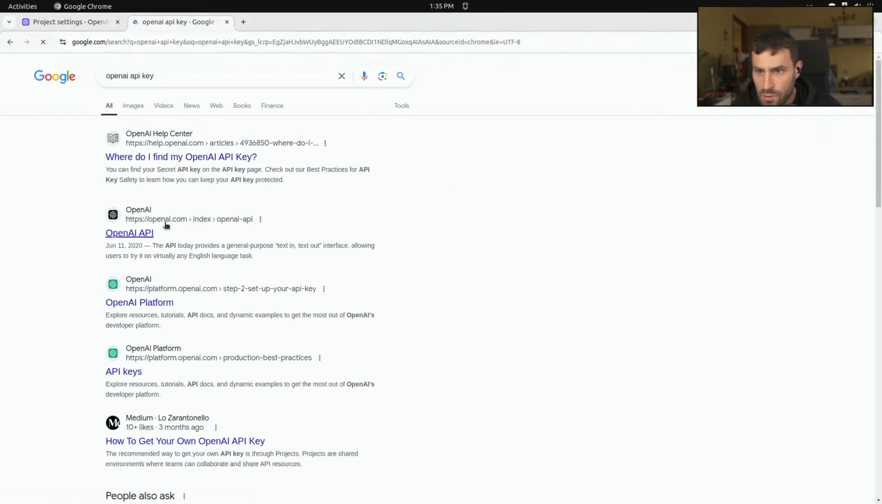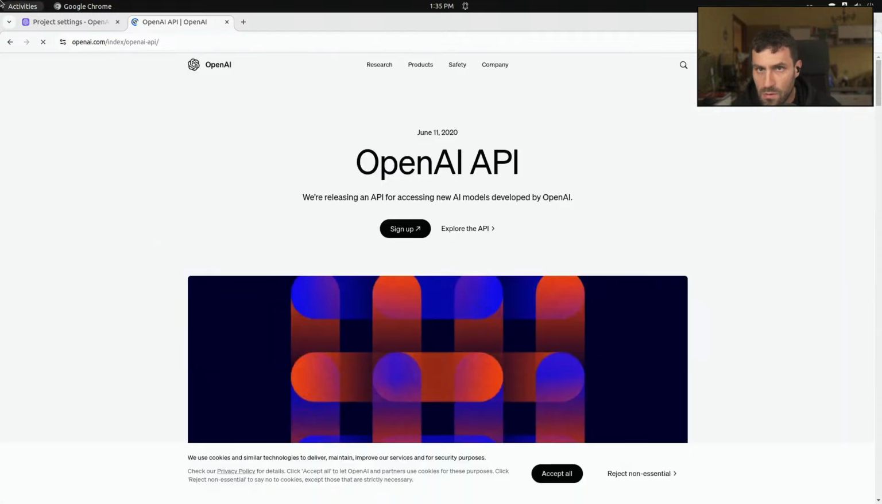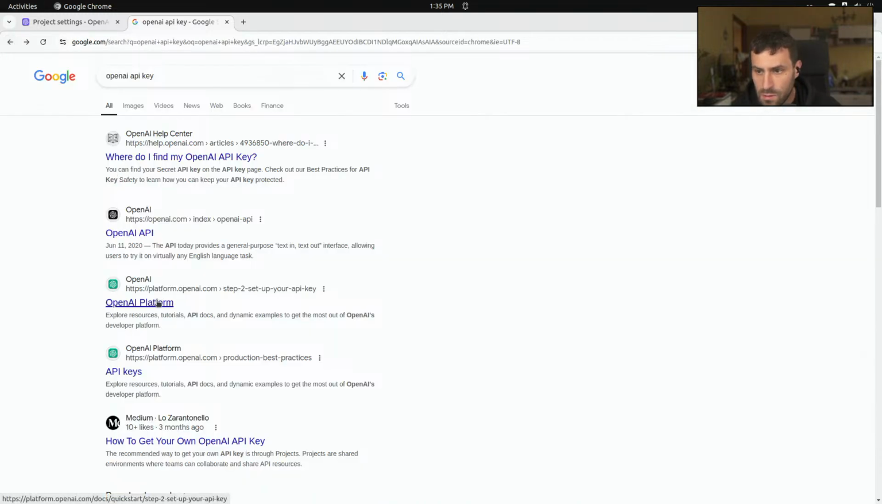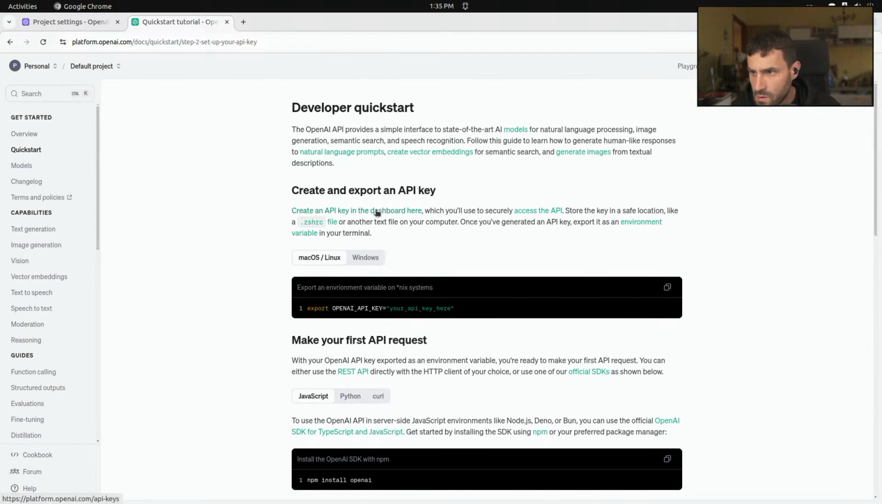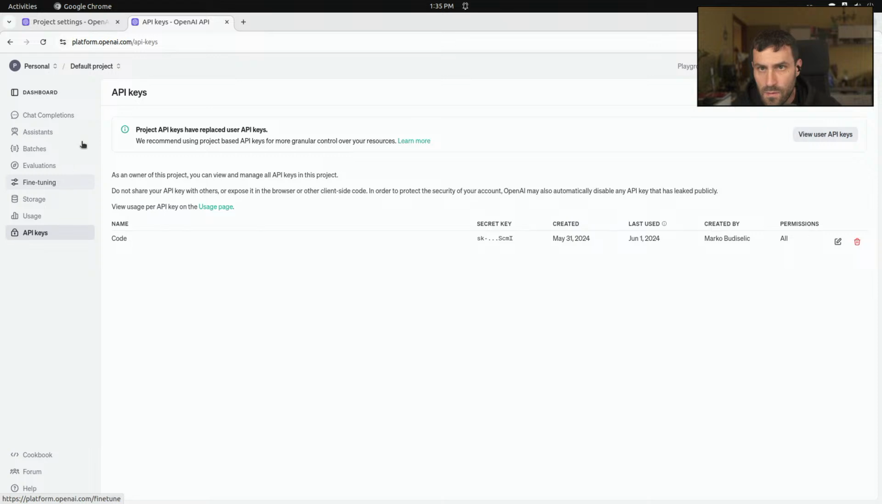I can't find it. Where is it? So, create API key in the dashboard here. Boom. Project, no default, fine tune LLM. Boom. Here. Yes. And now this API key,